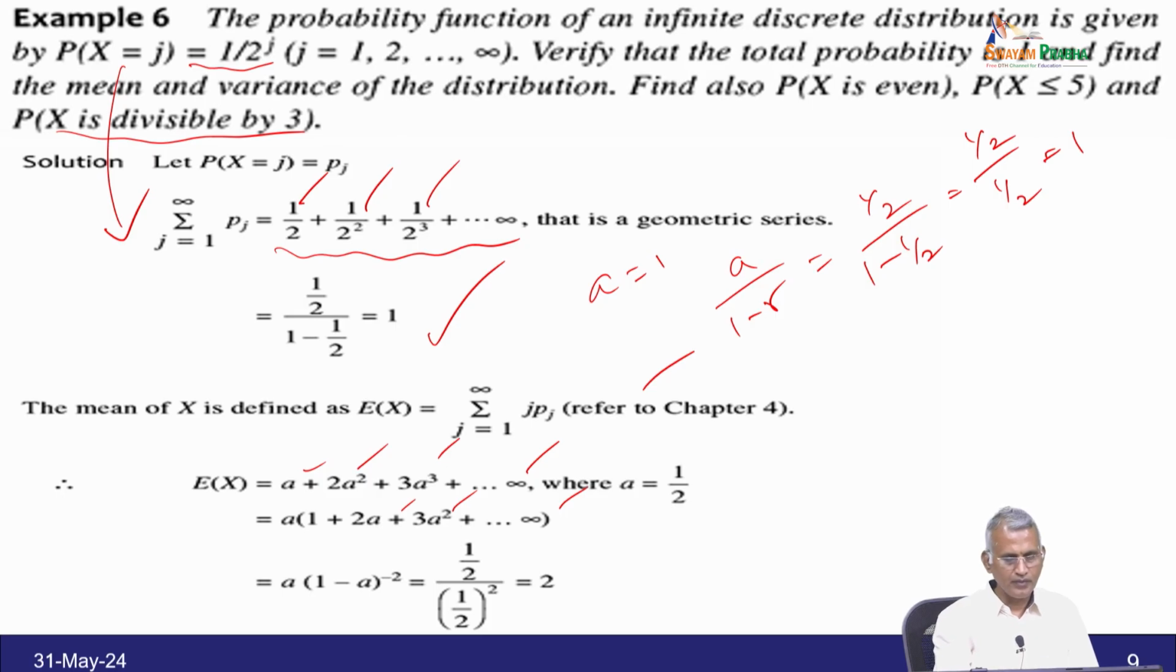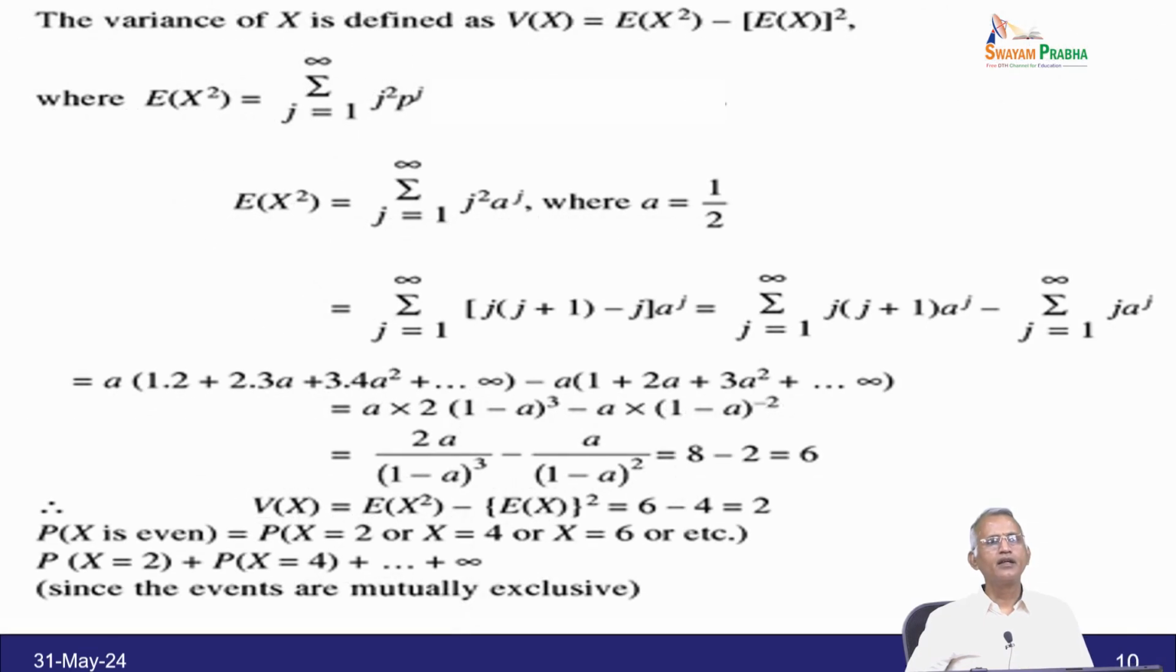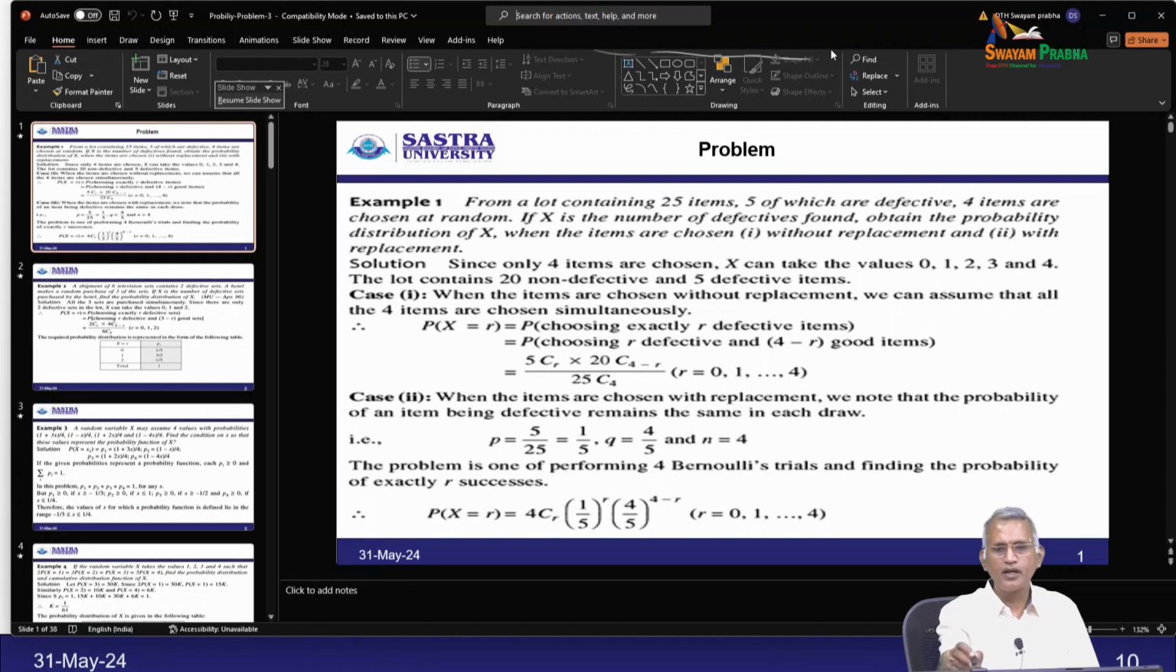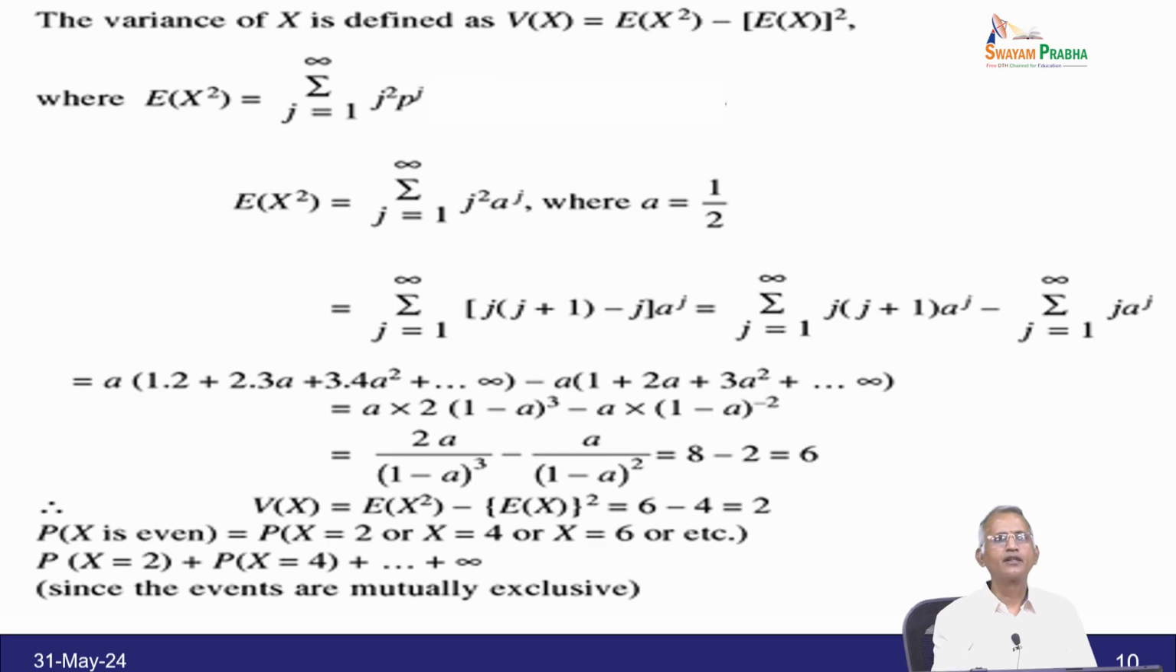Now, this is the binomial expansion a into 1 minus a the whole power minus 2, and simplify, a is half. So, half into 1 minus 1 by 2 whole power minus 2, 1 minus 1 by 2 is half, half power minus 2. So, half by half square is 1 by 1 by 2, which is 2. So, this way we can calculate the expectation of an event, and similarly the variance of x is expectation of x square